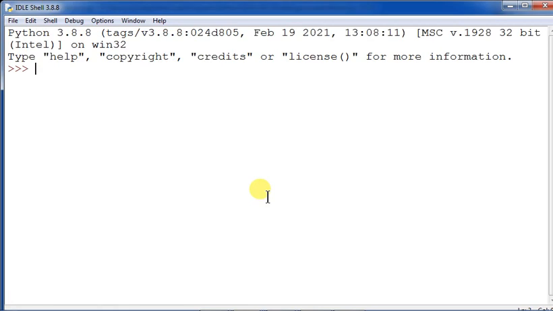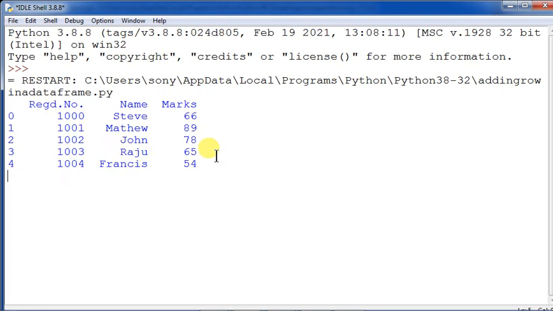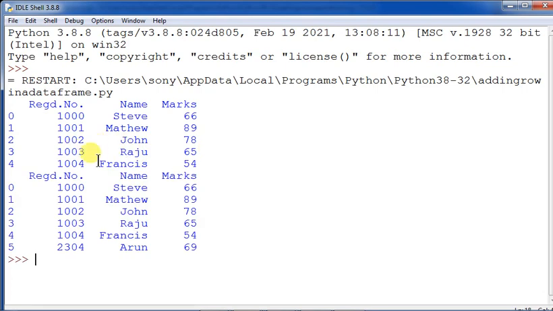Now let us see how it functions once the execution takes place. One minute, let it be executed once. You see out here Francis, and after Francis the data of Arun has been inserted. That is what is to be done over here.